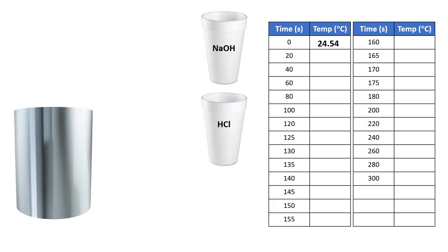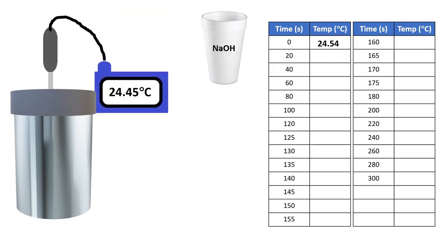Now we're going to get out our calorimeter, which is a large insulated metal container, and we add our HCl to that and sit it inside the container. Place the lid on it so that it's fully insulated, and then we're going to add our temperature probe on top. At 20 seconds, we read the temperature of the hydrochloric acid solution, and it turns out to be 24.45